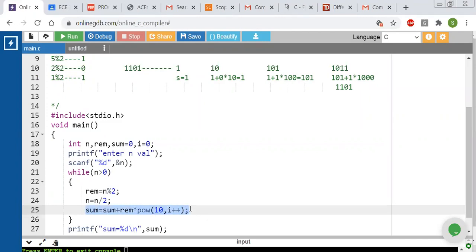Actually speaking, I did not remember this logic. Just now, I'm trying to develop this logic. Developing in the sense,